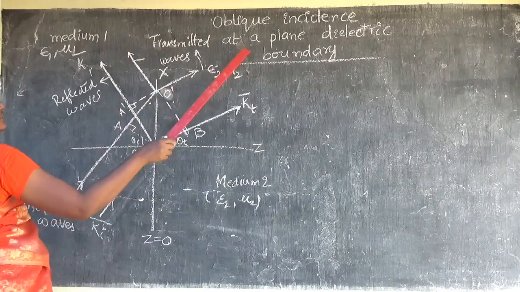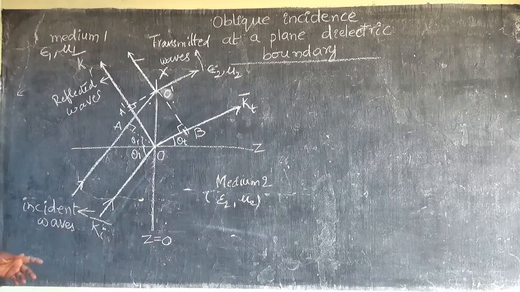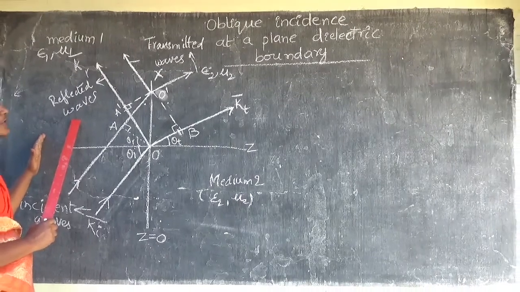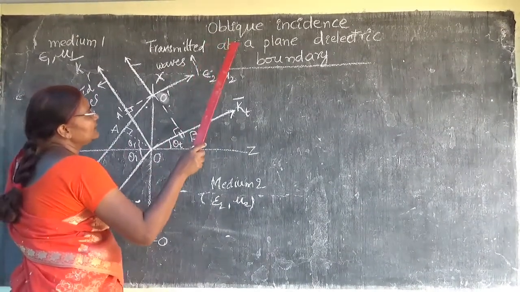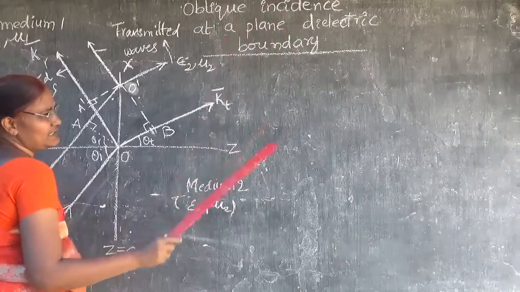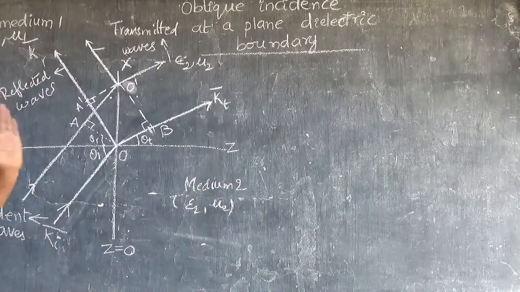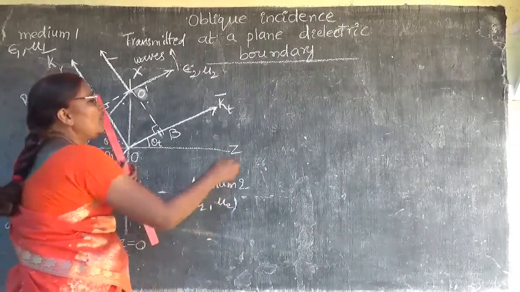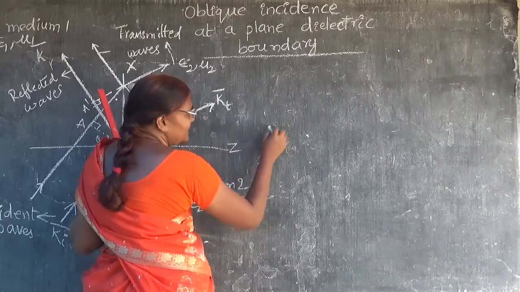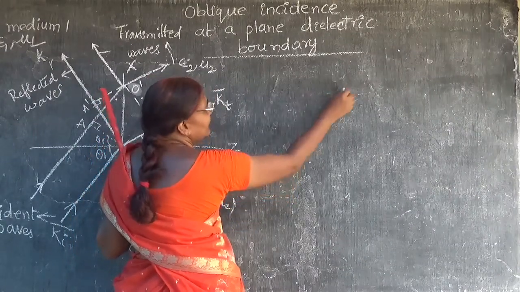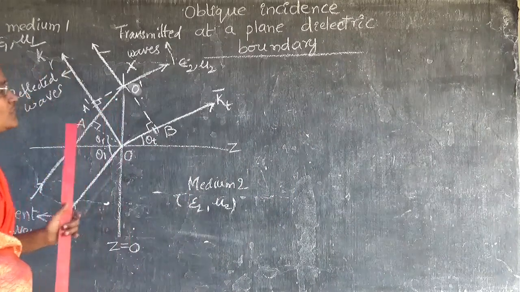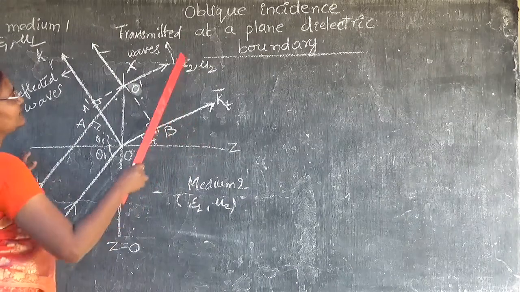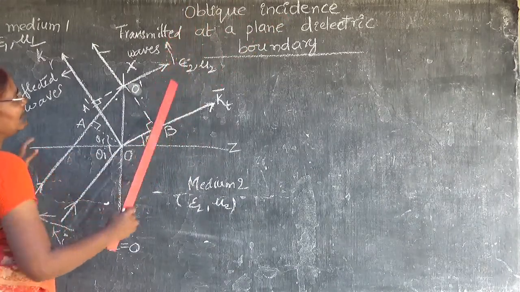So we are going to deal with the topic of... up to the previous video we learnt oblique incidence at the conducting boundary. At the conducting boundary, that means one medium is free space or dielectric and the other medium is a conducting medium. So here we are going to learn the second type of this incidence, oblique incidence at a plane